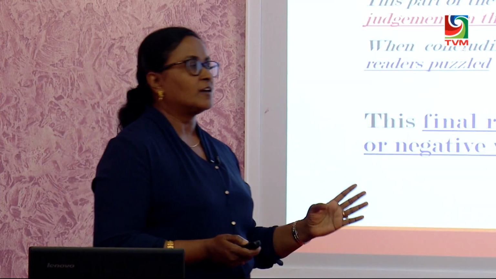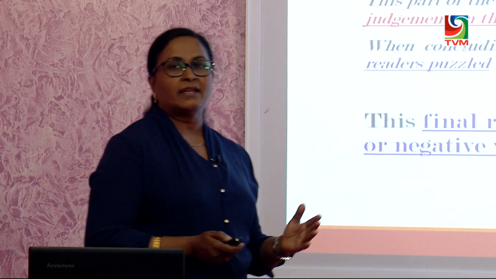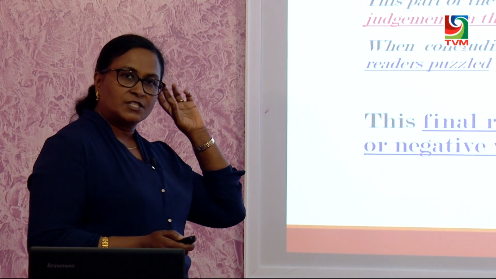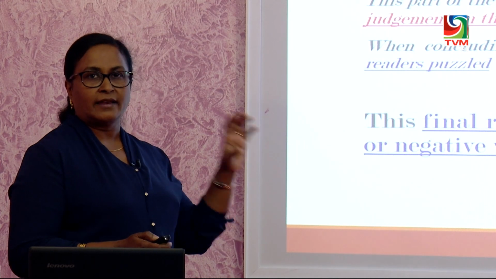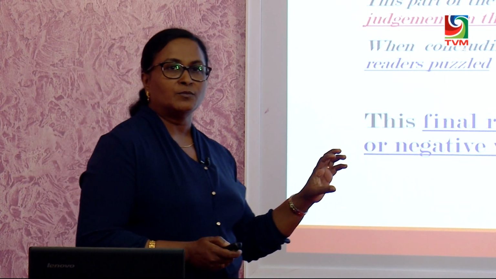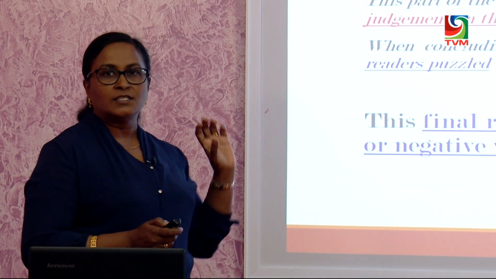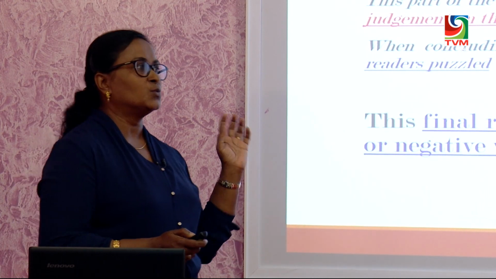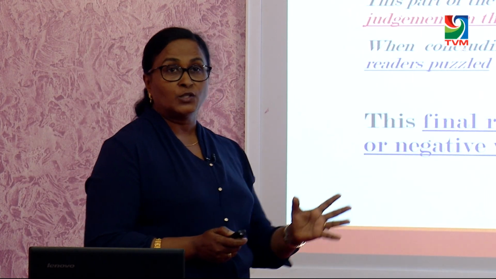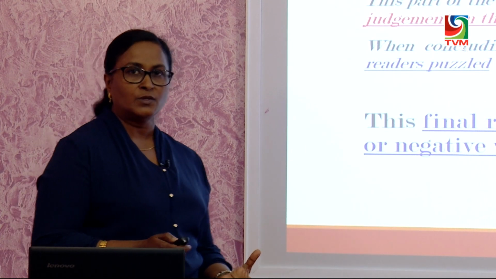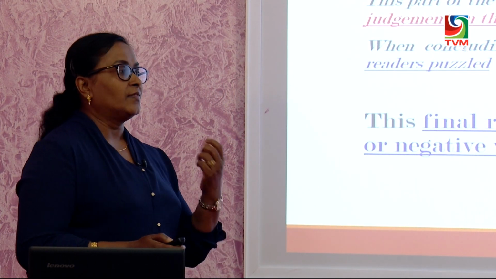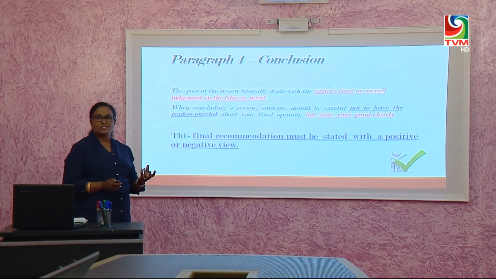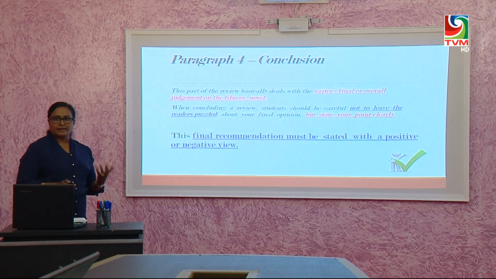The first paragraph is the introduction. If it is the movie, you have to make sure you write about the director, you write about the name of the movie, the character and the producer and when it was released. And if it is a book, you have to mention the name of the book, the author of the book, the person who wrote it, and then the year it was published, and you can write about the main characters.